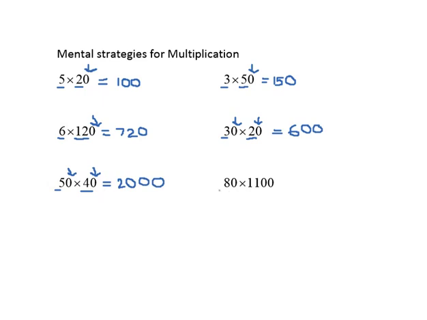80 times 1100, so ignore all the zeros on the ends. So 8 times 11 is 88. And then I disregarded 1, 2, 3 zeros from the ends. So I add those zeros back onto the end of my